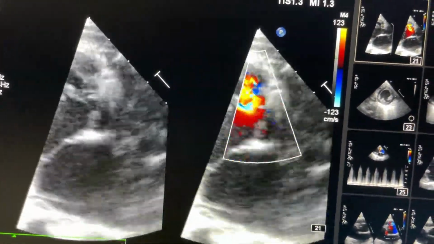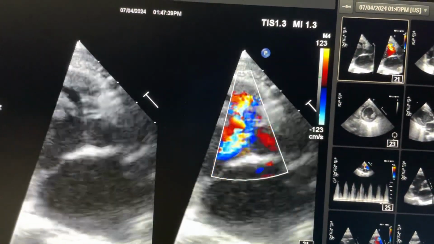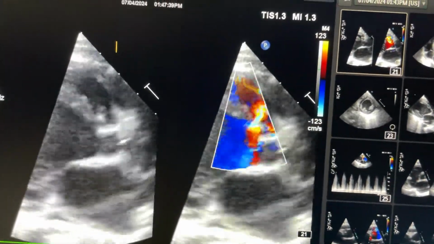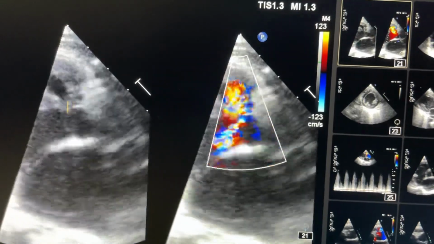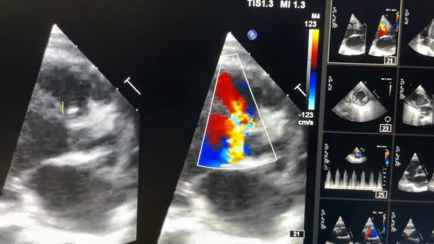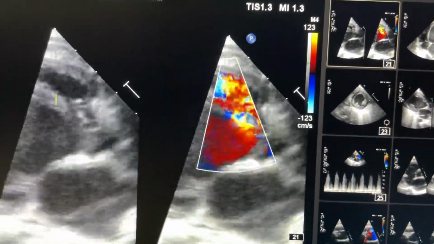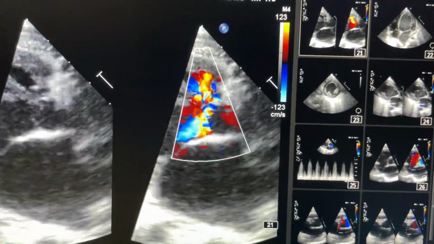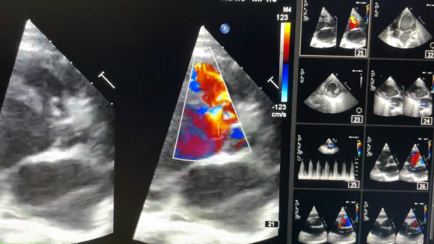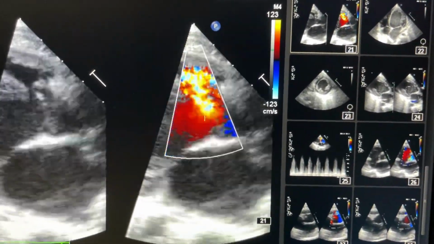This is parasternal long axis view. This is left atrium, left ventricle, this is aorta, this is right ventricle, and this portion has VSD. And at the same time you see the eccentric mild aortic regurgitation, mild to moderate you say,